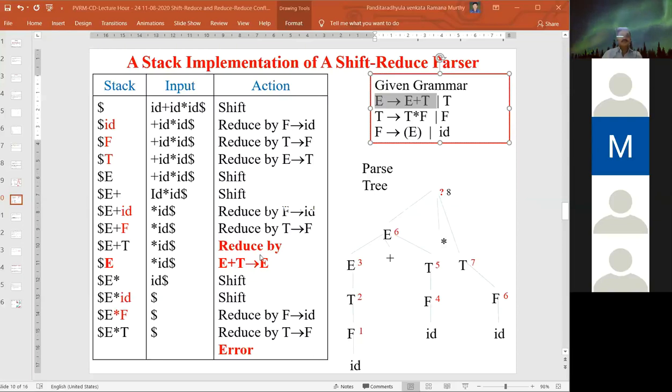This shift reduce conflict we eliminate using look ahead symbols by means of LR1 canonical sets, because this shift reduce conflict we get in LR0, because we don't know what the next step is. This is called shift reduce: whether we need to perform the shift operation or the reduce operation.